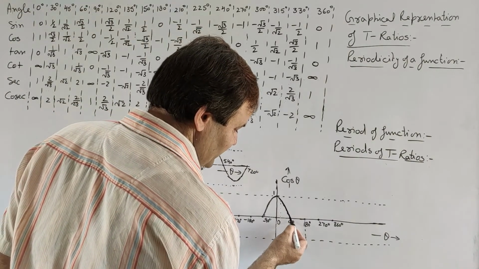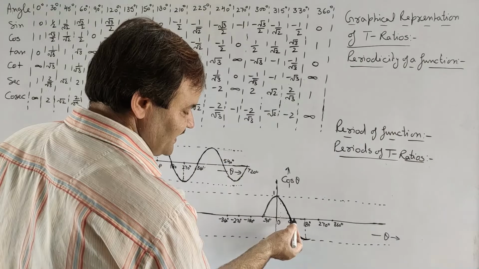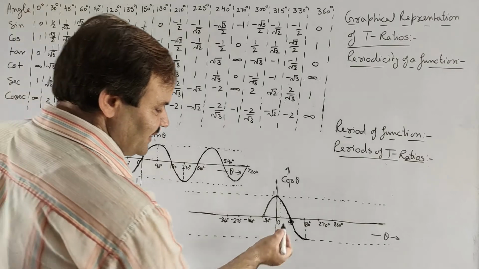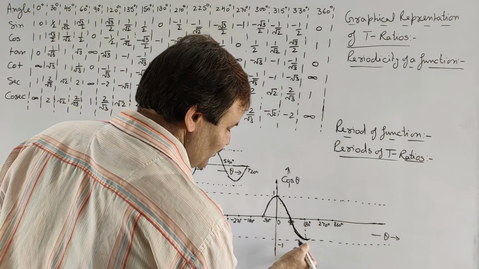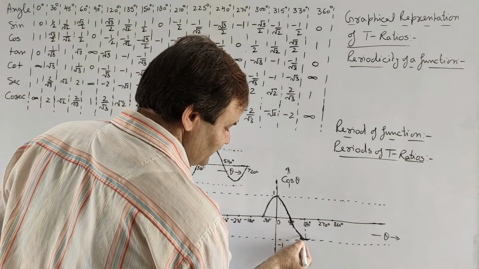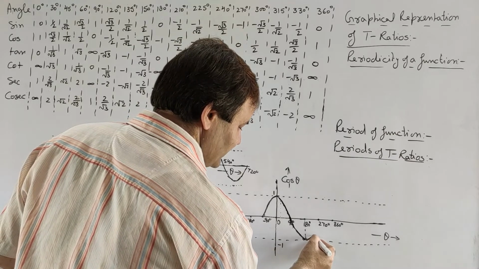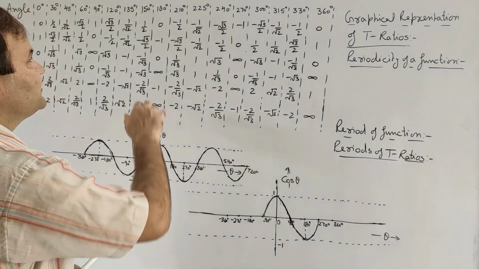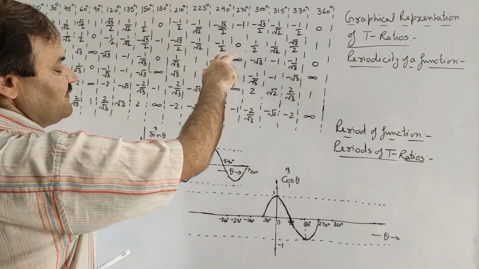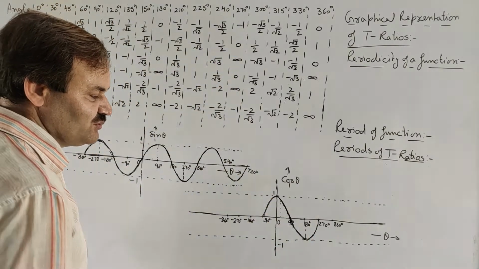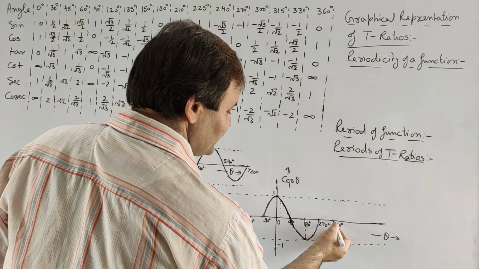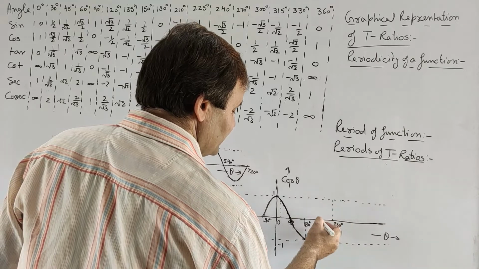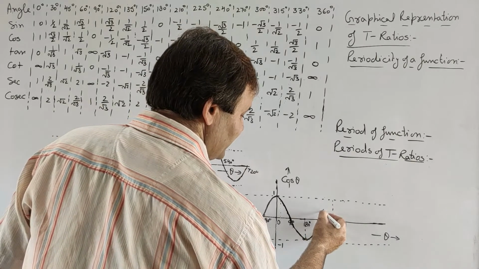If we plot the points taking the values of cos theta with theta, then again the curve will come out to be of this shape, and then from 180 to 270 again the values will be negative but will decrease to 0, and then 270 to 360 values will be positive in fourth quadrant, and the curve will